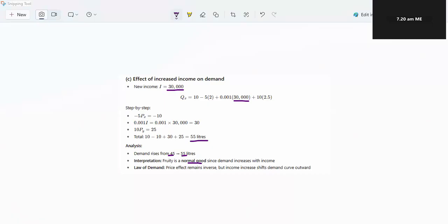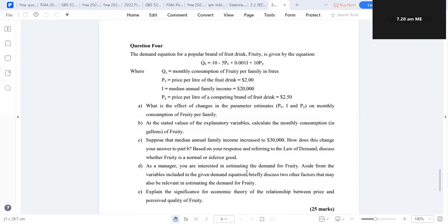Then let's go to the other part of the question, which is asking us to say, as a manager, you're interested in estimating the demand of fruit besides the variables included here, the price of another good and the income. What do you think are the other factors that will affect demand for fruity drink? What are some of the factors that will affect demand? Yeah, we can incorporate tastes. Yes, tastes and preferences,